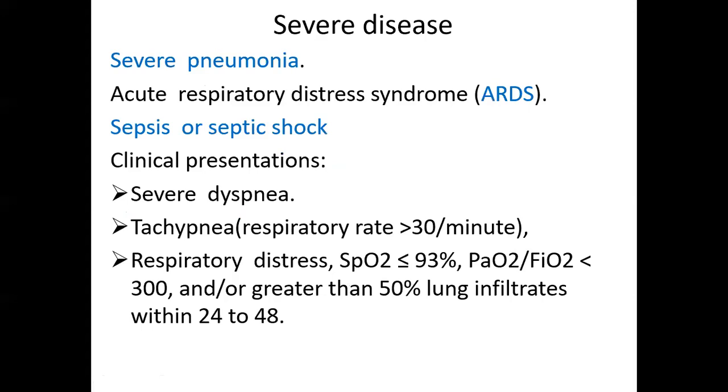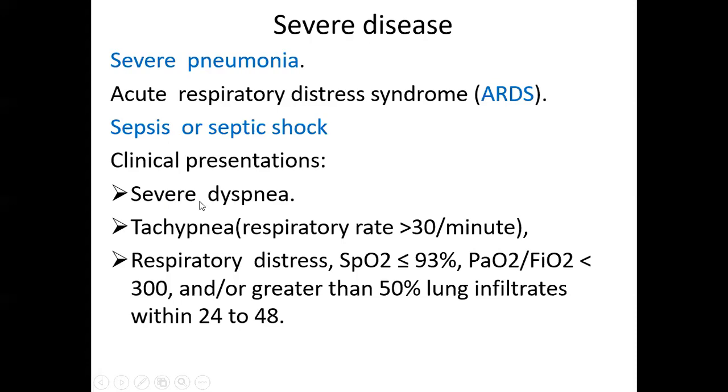A severe form of COVID-19 is characterized by severe pneumonia, the second is acute respiratory distress syndrome, ARDS, and the third one is sepsis or septic shock. So the severe form of the disease is characterized by these three: severe pneumonia, acute respiratory distress syndrome, and sepsis or septic shock. And the clinical presentation is in the form of,